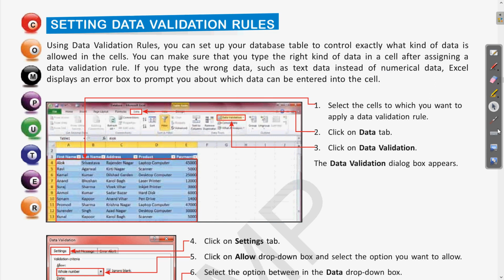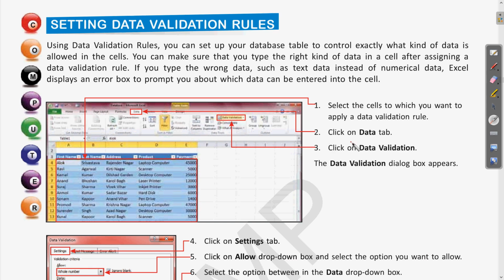It means if you are entering some value, you can set some conditions so that while entering the value it can be checked and only the allowed value can be entered, and also we can assign some messages so that it will be convenient for the user to enter the data. Clear? So all this condition is called data validation.